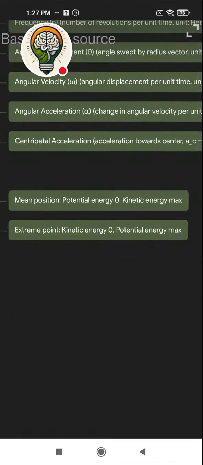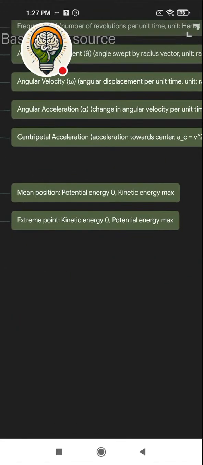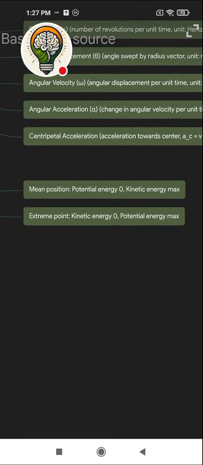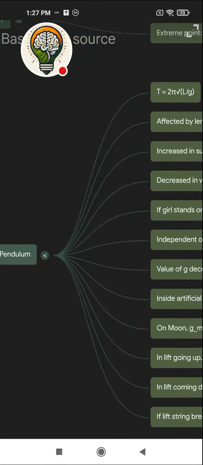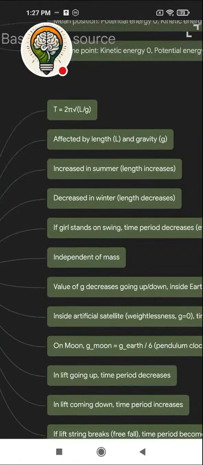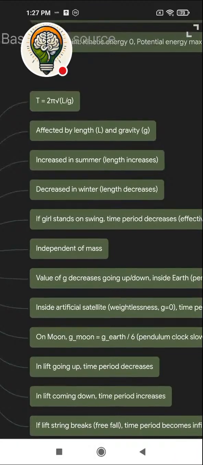So at the mean position, potential energy is zero and kinetic energy is maximum, and at the extreme position, kinetic energy is zero and potential energy is maximum. Then the time period of the pendulum: T equals 2π under root L by g, and it is affected by length L and gravity. In summer the length increases, and